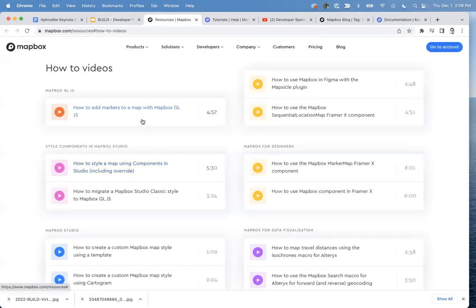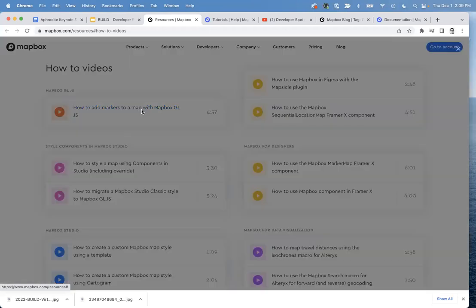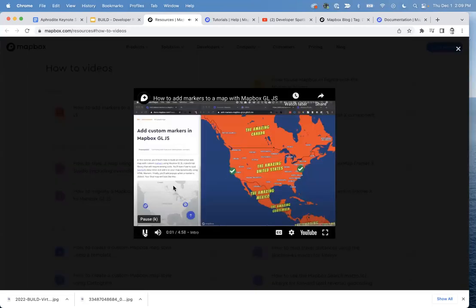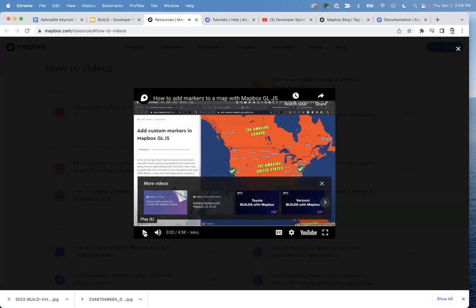How-to videos. These are different than the spotlight videos. These are actually helping you accomplish a simple task. In this video, I'll show you how to put markers on a map. I'm going to pause this one here, but these are actually very short. I wanted to show you the timestamp here, but all of these are under 5 minutes, and that's by